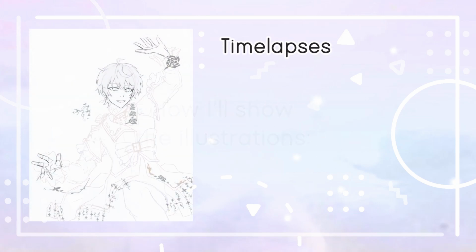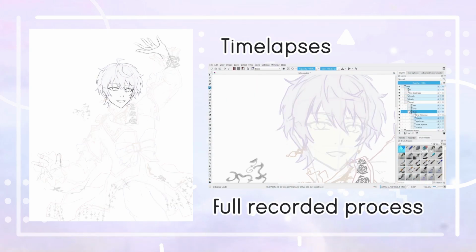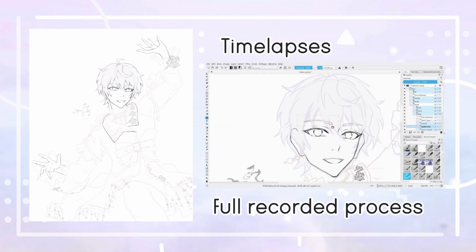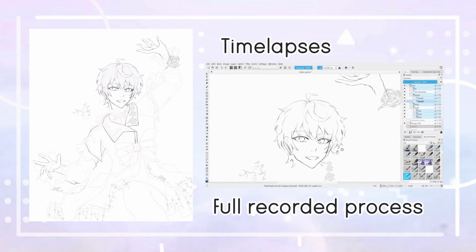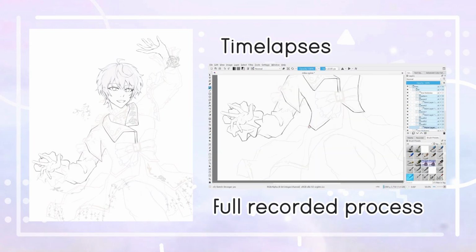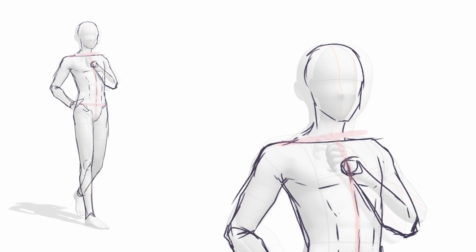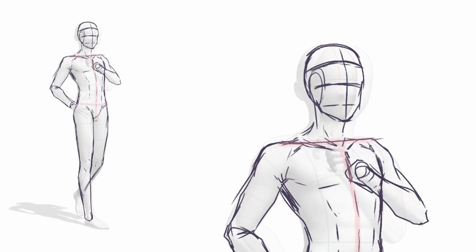I first drew a full body illustration, and just like what I did with last week's video, I'll show the time lapses for these full body illustrations, but for one of the members I'll instead include parts from my full screen recorded files, because showing the full screen recorded process would include too much mirroring and moving around, but I also want to show you how I drew the illustrations in that way, not just as a time lapse as well. The first member in this group would be Zhongli, and maybe you already want to make guesses about the members I mention afterwards in the comments.